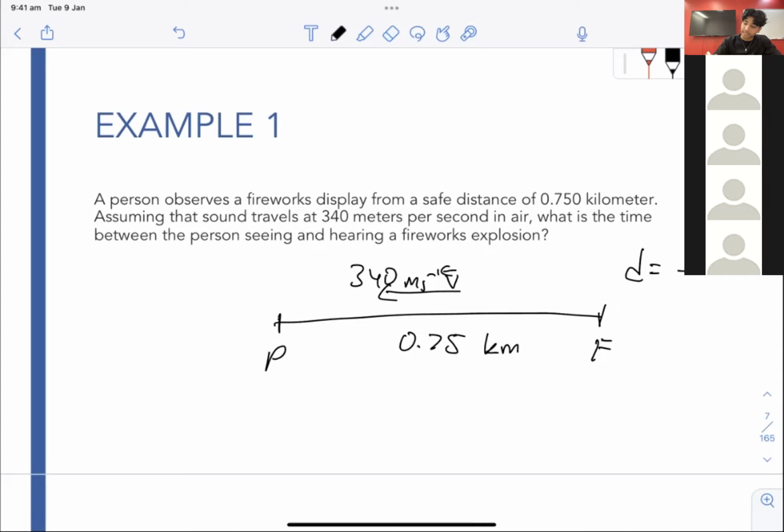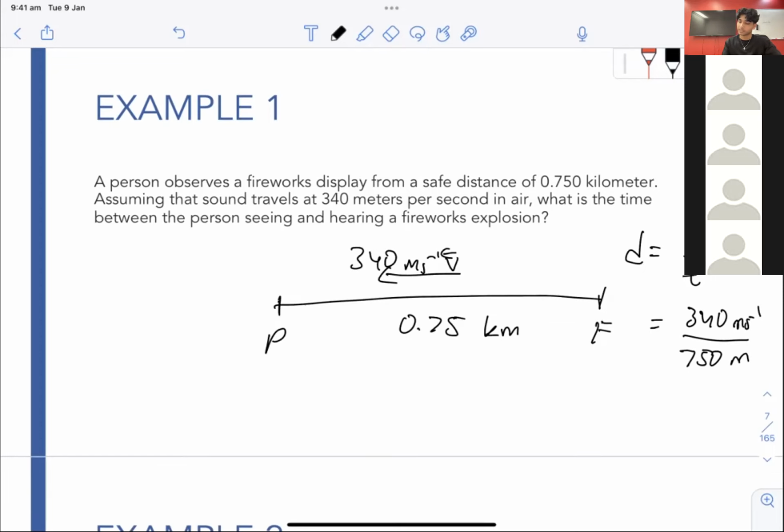The velocity is given in meters per second. We've got to be very careful with the units here: 340 meters per second. Now, the distance is given in kilometers. We have to convert that to meters in order for our calculation to make sense. So 0.75 kilometers, very simply, is 750 meters. Now, if we put that in your calculator,